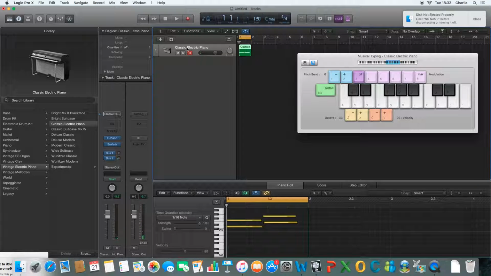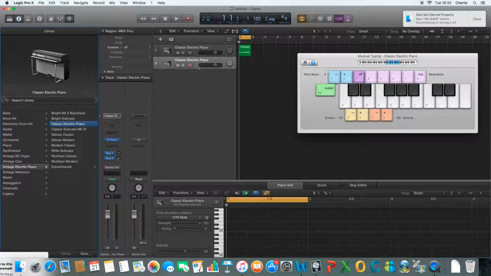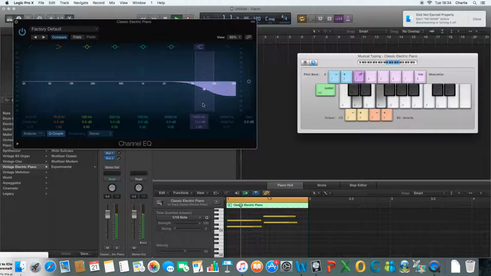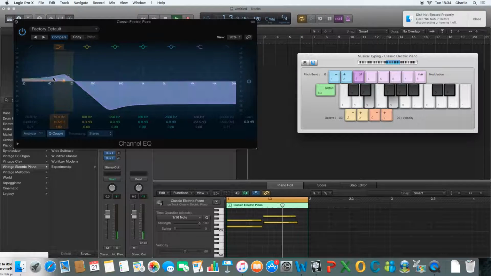Now I'm not done, let's do EQ. With EQ you can change the frequency of a sound, or which frequencies are boosted and which are cut. So this can be useful. Let's use this one we already have. Let's say we want to make this a bass. What you do, you click on EQ here, and then you want to cut everything off from about 100 to 200 hertz around there. You might want to make it a bit narrower like that, and then